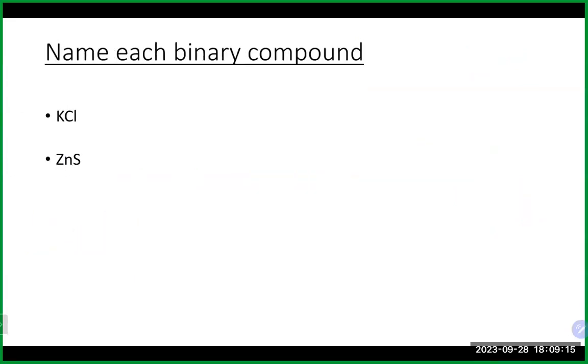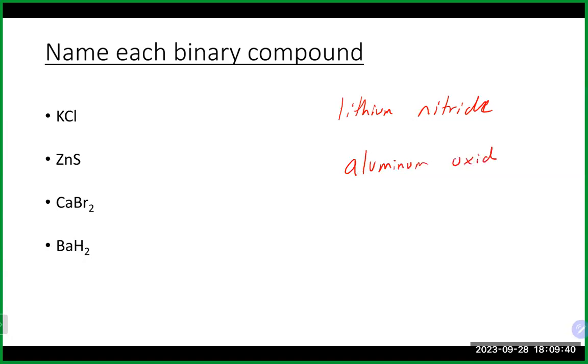All right, so why don't you try some of these here, and why don't we do some names to formula? Why don't you write the formula for, let's do, lithium nitride. Let's do aluminum oxide. Let's do barium